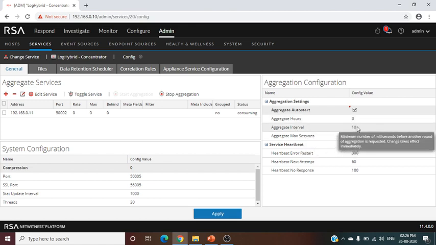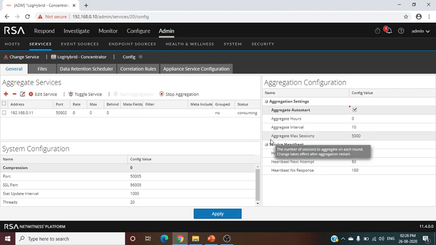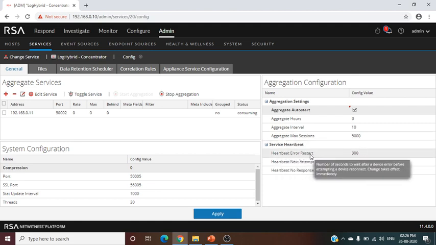Aggregate interval is 10. So minimum number of milliseconds for another round of aggregation is requested. So in every 10 seconds it will request for aggregation. Now aggregate max session. It will aggregate 5000 sessions at a time. Now coming to the service heartbeat error restart 300 seconds. The number of seconds to wait after device error before attempting a device connect.